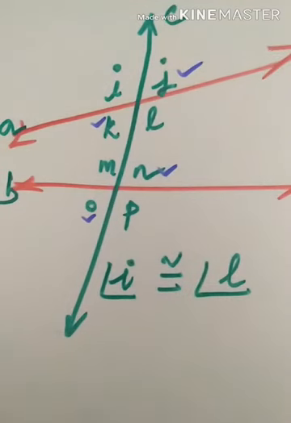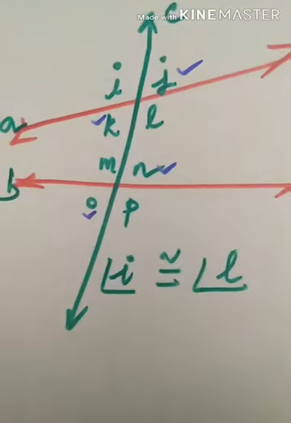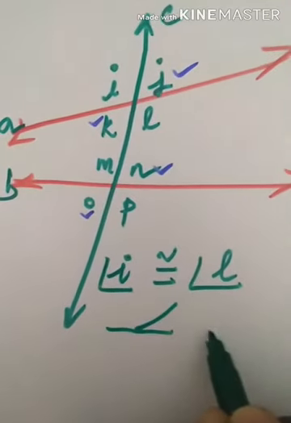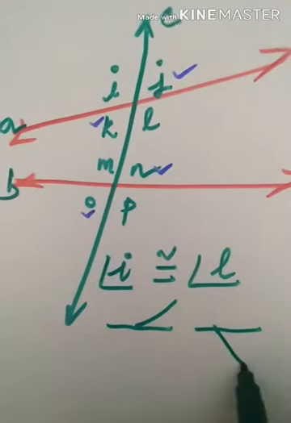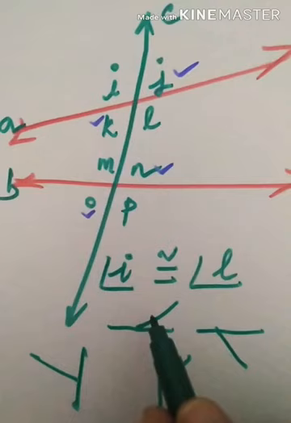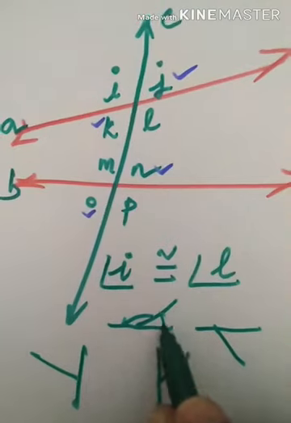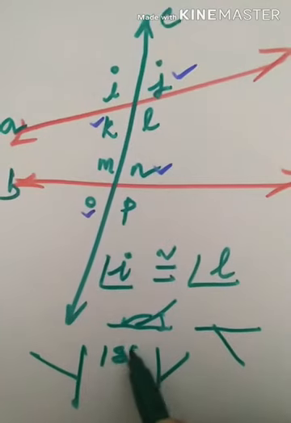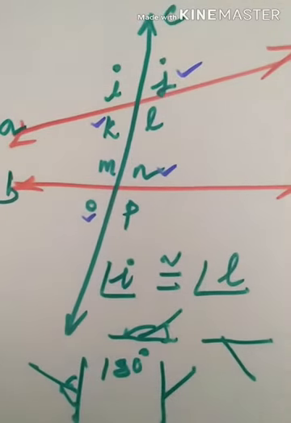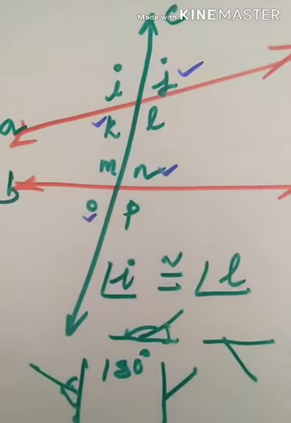Then, we already saw that angles in a linear pair are supplementary. Linear pair angles, how do they look? They may come in this shape, they may look this way. If you add both the angles, you will always get 180 degrees. This angle and this angle. Angles in a linear pair will make 180 degrees.